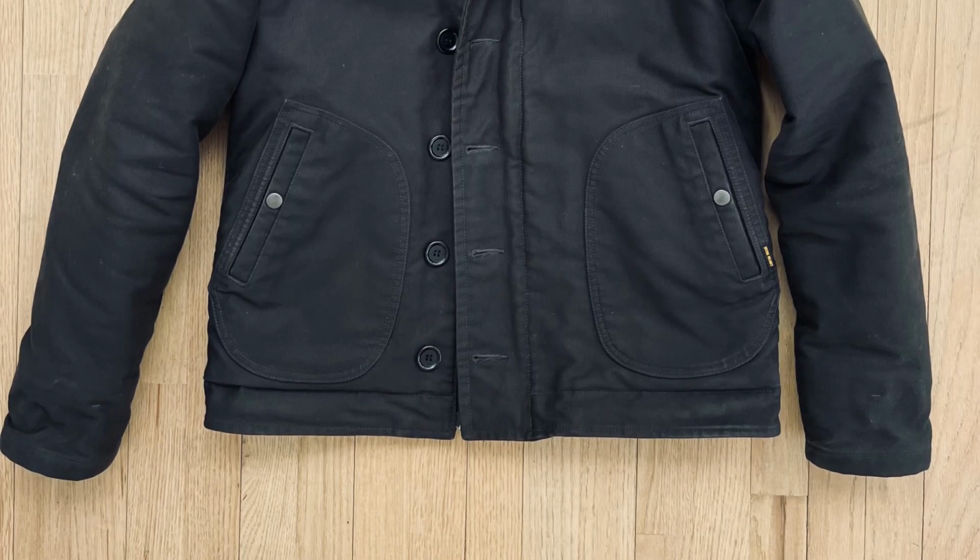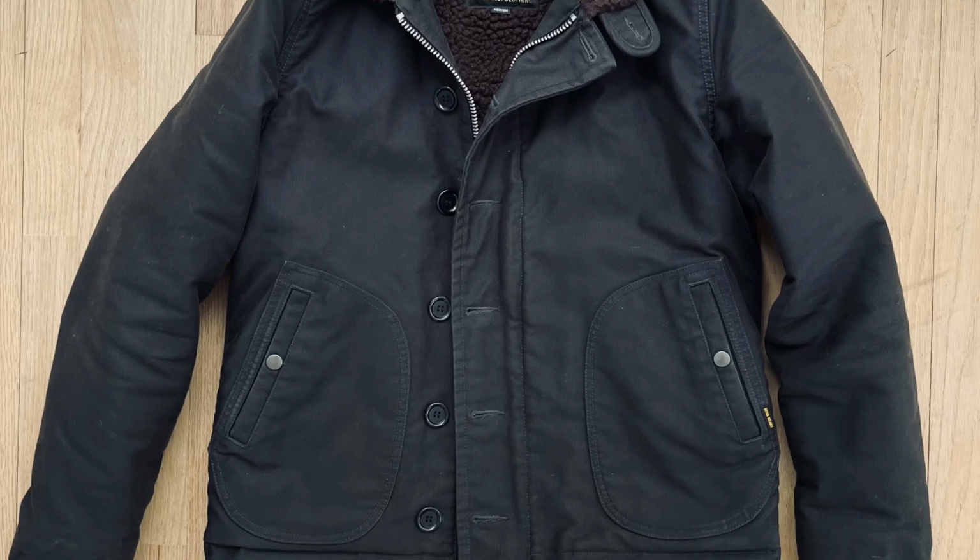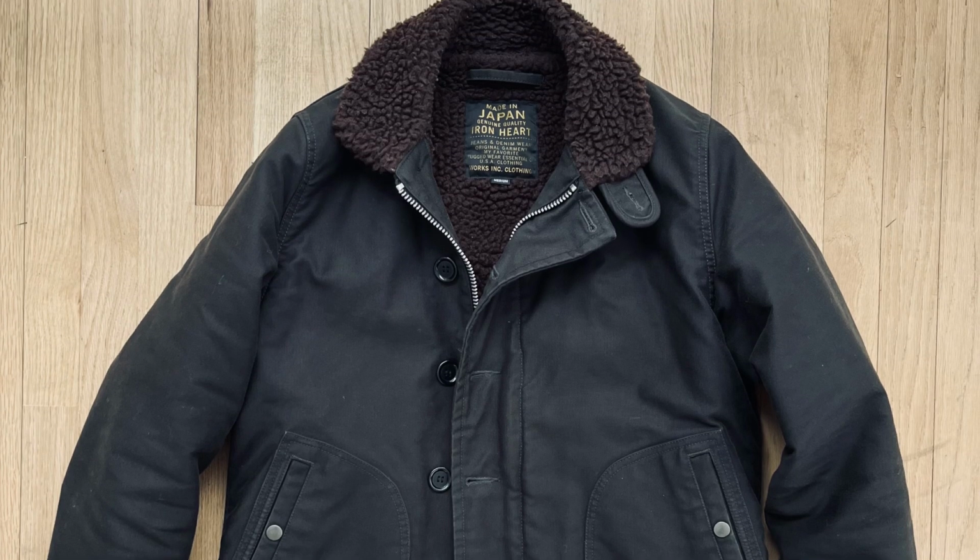Some things that I want to talk about on the build of this jacket that I have found to be surprisingly useful. One is the zip and button closure has been great to keep the wind out. And I want to draw special attention to our friend here, the throat latch. This actually has been super handy in a way that I was not really expecting it to be, because it just locks this cozy collar right around your neck. And it's basically been the perfect size to be snug without feeling like I'm choking. And it has really done a lot to help seal in the warmth around my neck, which overall helps me feel much more comfortable and cozy. So